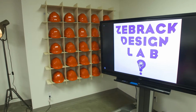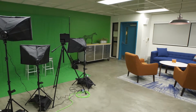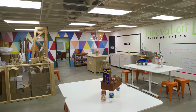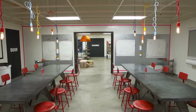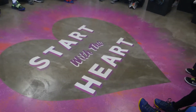I wanted to bring design thinking to elementary school students because it's something that we use every day, and I wanted to create a space to really illustrate what it meant to be utilizing each of the different phases. And so for elementary school students to have one room dedicated to thinking and one room dedicated to researching and so on, I think really will cement early on in their lives how we can utilize these skills for the